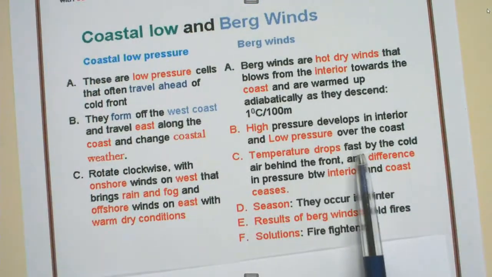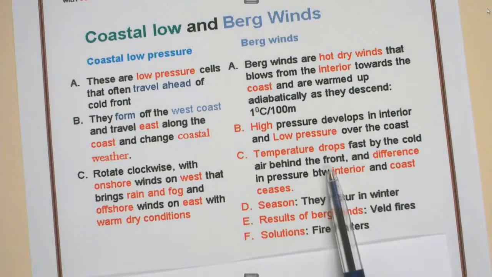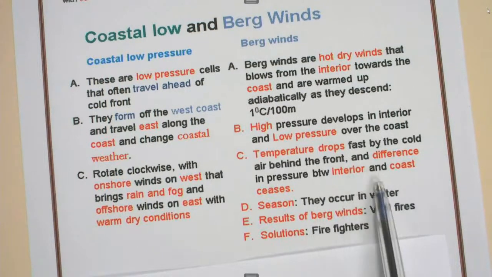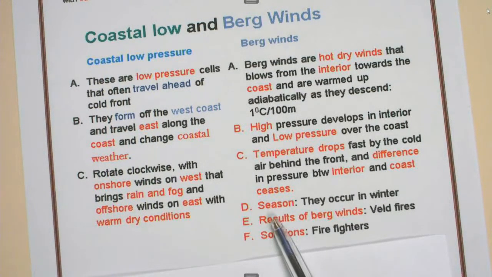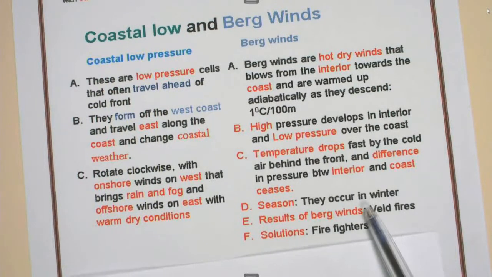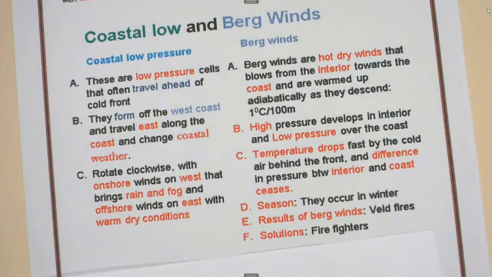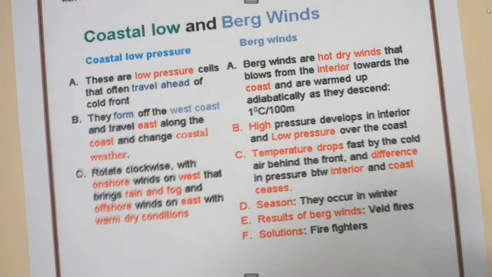Okay, temperature drops first by cold front, cold air behind the front, and the difference in low pressure between interior and coast seasons. What is the season of the occurrence of Berg winds? It is winter, when the high pressure cell, the Kalahari, is strongest. What are the results of Berg wind? It then leads to veld fires. What is the solution? This one is interesting, but when a cold front approaches, it will lead to the situation coming to an end. And then we go to the next one,